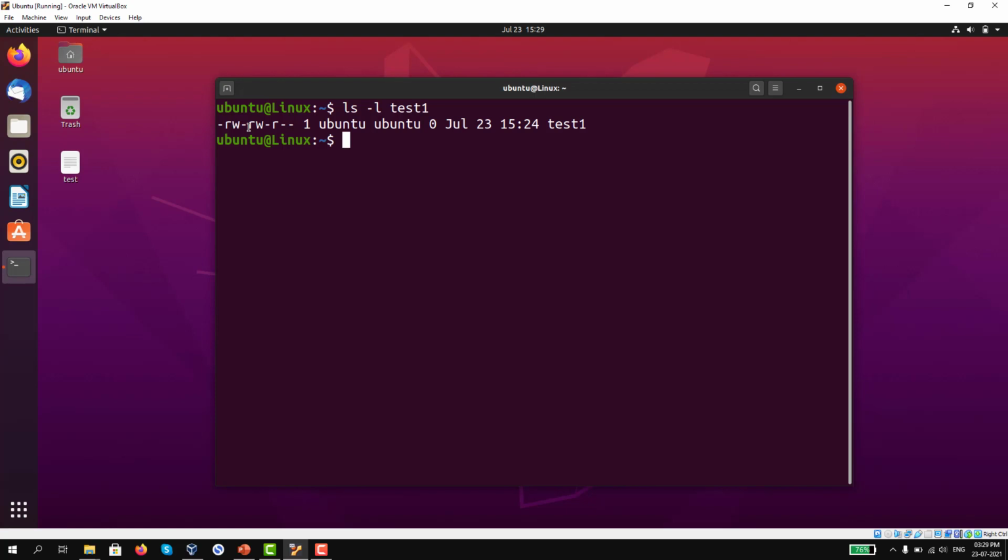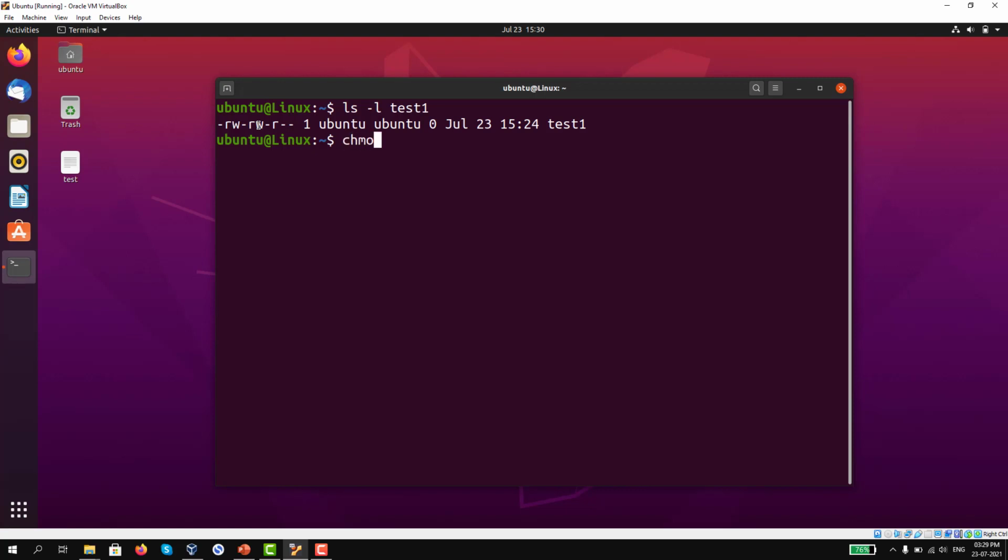If I add executable, user will have all 3 permissions, means 4 plus 2 plus 1 means 7. User will have 7. And for group, I only want read permission, read means 4, and for others also I want only read permission, means 4. So to set the permissions, I need to use 744.